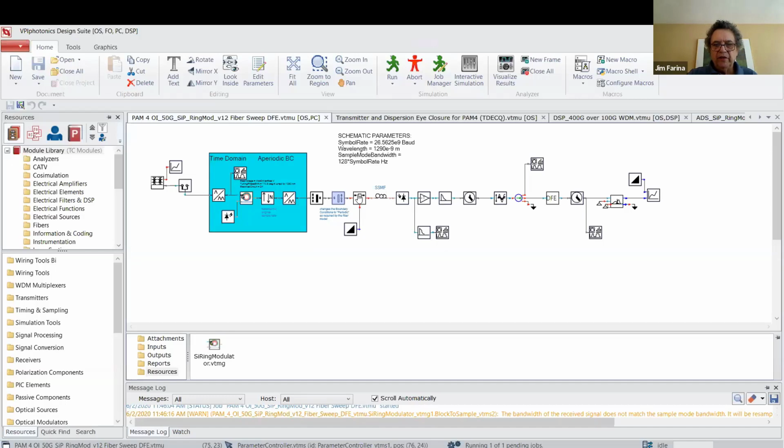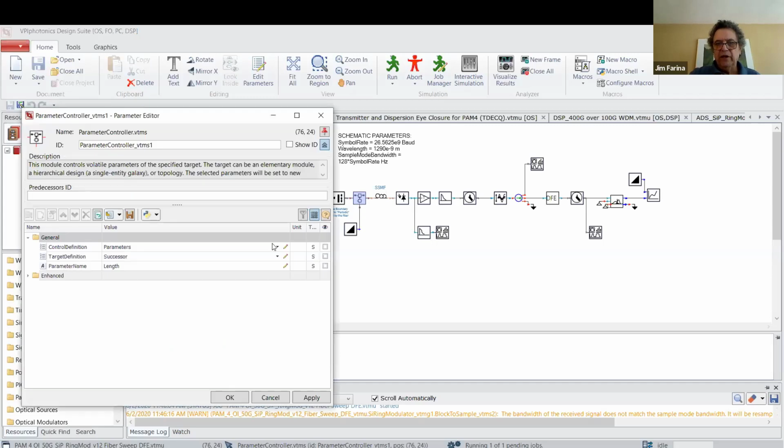Another module here is called a parameter controller. We used to call it the magic module; I like the magic module name better. But anyway, what happens is it takes whatever value you have here and applies it to a specified parameter in the next module, and this is the way I have it configured. And so here it's going to be adjusting the length